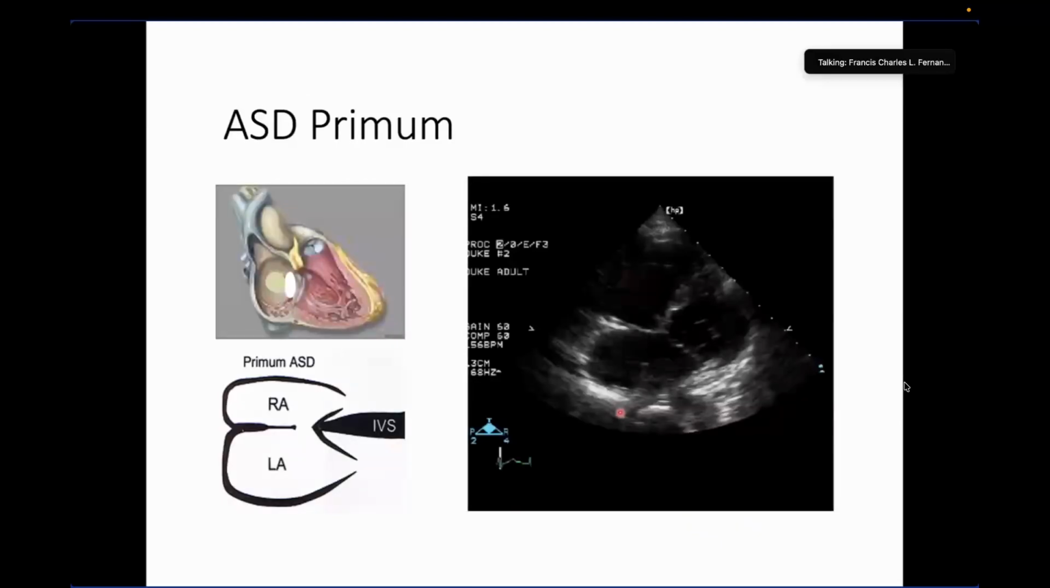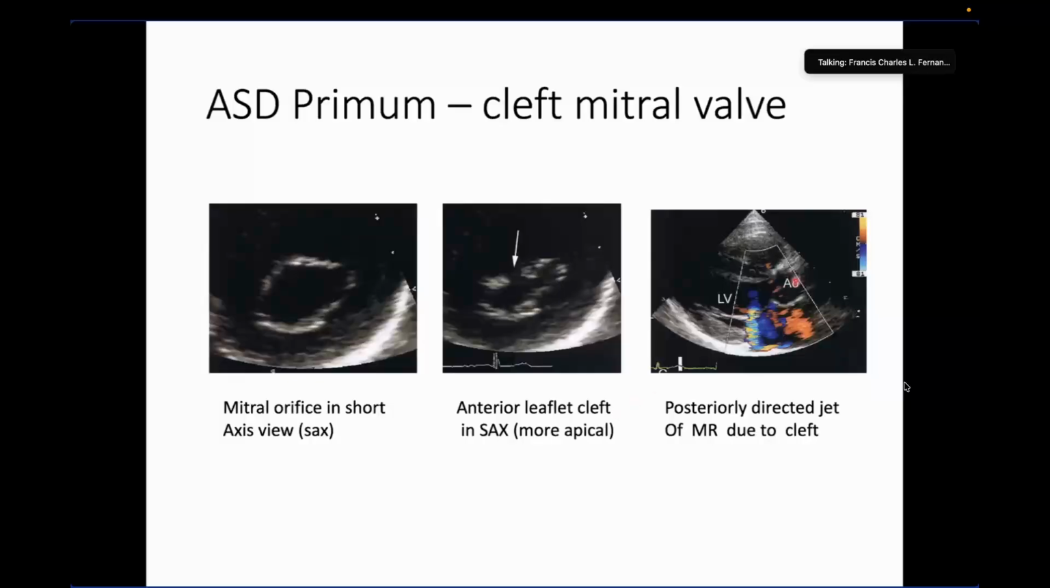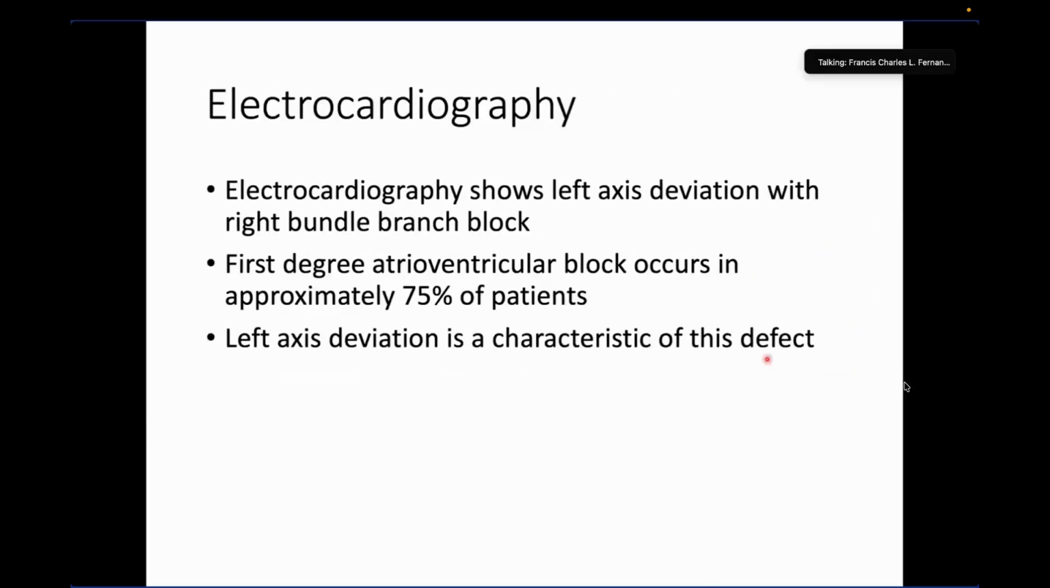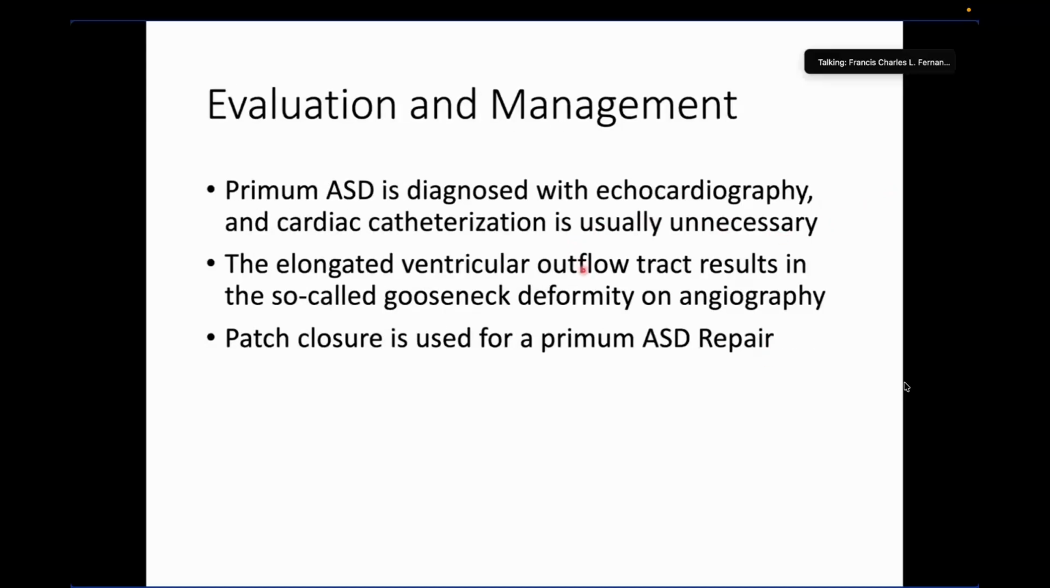So this is primum type. Cleft mitral valve, or your AVSD, ASD primum. Even the mitral valve is affected, so you can have mitral regurgitation along with it. Okay. So ECG usually shows the right bundle branch block for patients with ASD. You can just diagnose it with echo unless there are questions in the diagnosis, then you can go invasively with cardiac catheterization. And you have a gooseneck deformity on angiography when you inject